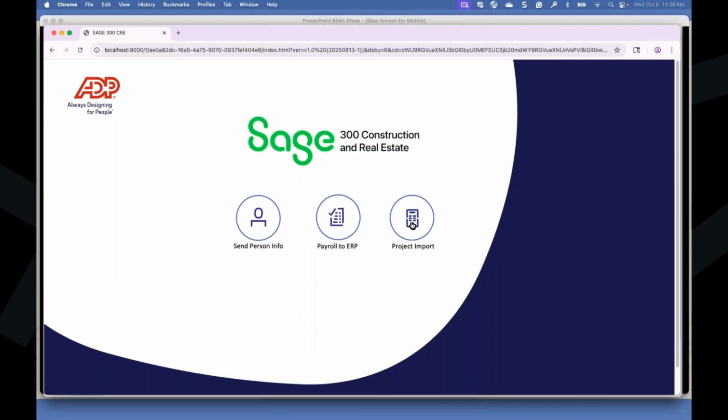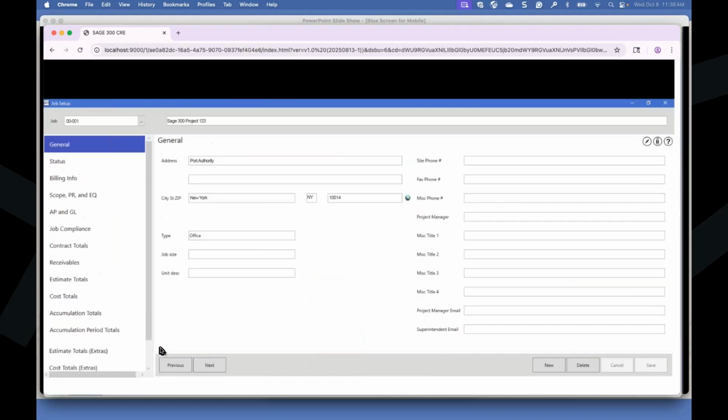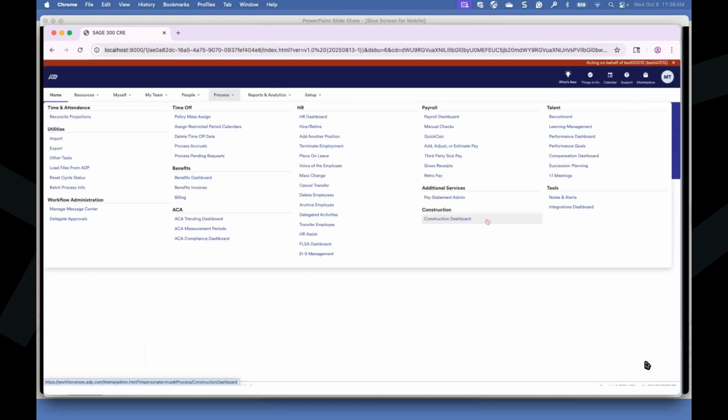The next thing, I'm going to skip over the GL and we're going to go into project import. So I mentioned to you that we would come back to that setup table section in the construction dashboard, and that's because it's going to highlight it here for us today. So you would start off in your Sage 300. That'll be your system of record or your system of entry for your project information. In here, you'll enter in the job, the description, some general information, and then go ahead and save it.